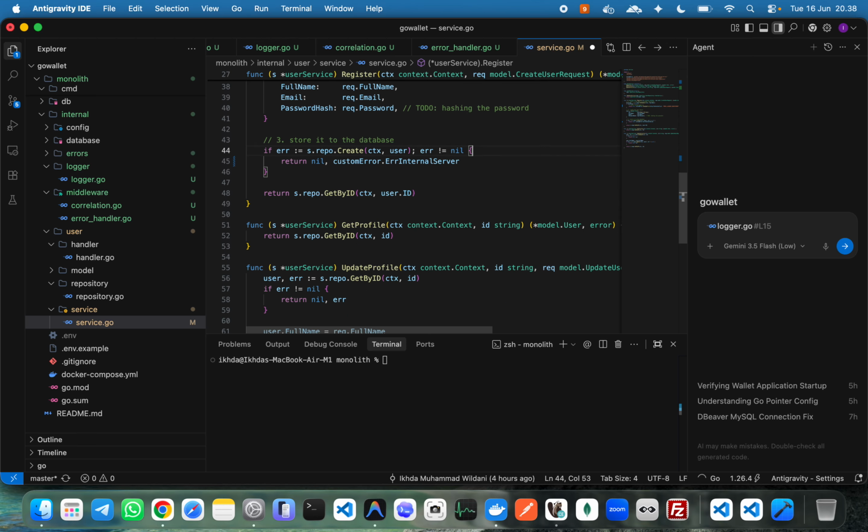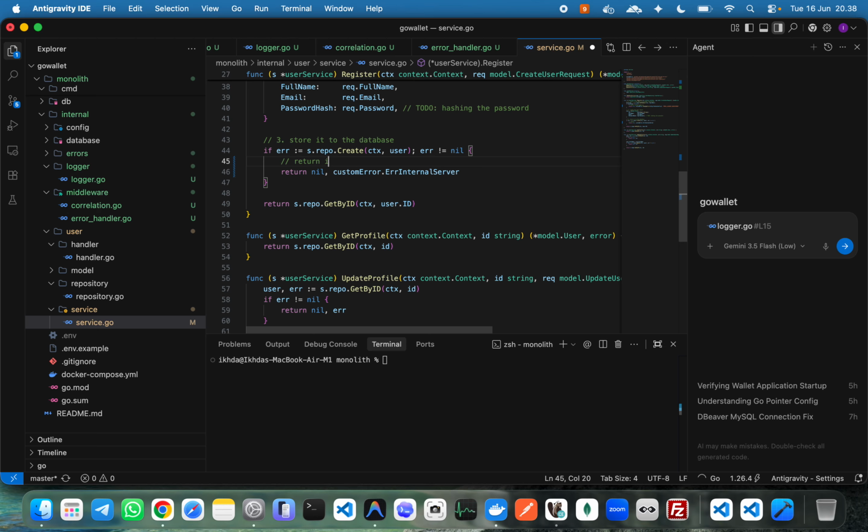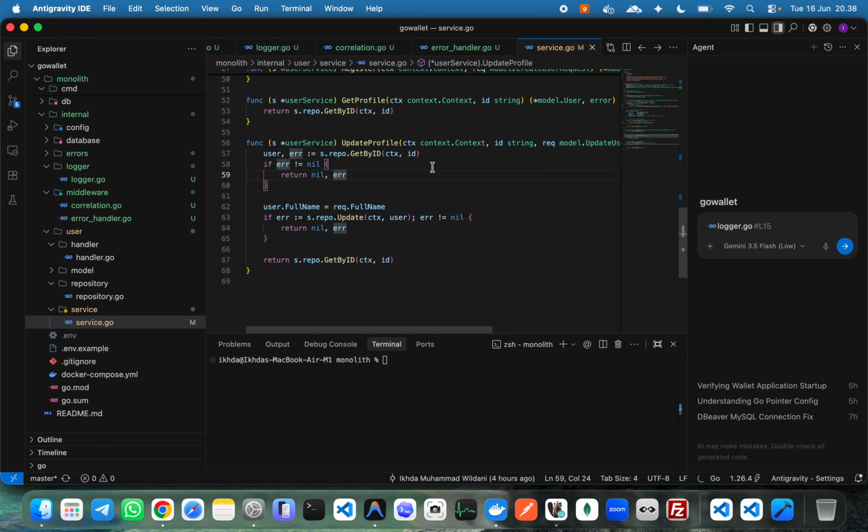This one should be return internal server error, and then